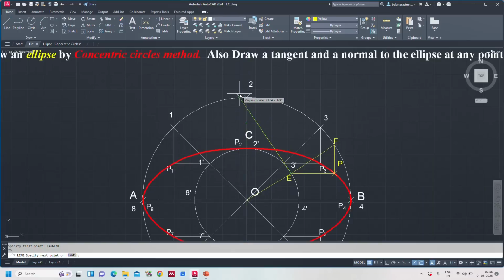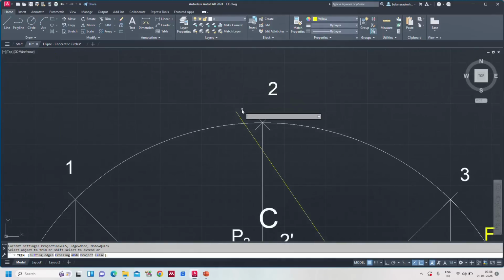Now you can see that a green color line is appearing, means it perfectly meets at this point, this one. Trim this portion. Yeah,